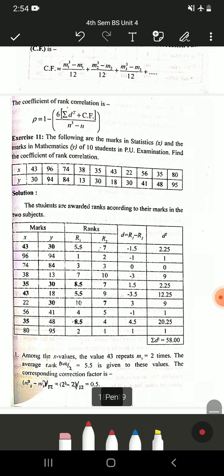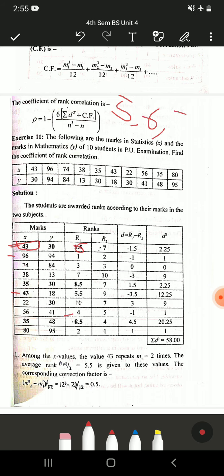So I'll repeat how to take the ranks. First, for the highest value, assign the first rank. Then for the next value, go on assigning ranks till you find out a certain value is repeated. Now you can see after 4th there is a repetition for 5th and 6th rank. So take the average of 5th and 6th rank, it would be 5.5. So for these two values, assign 5.5. Suppose there was additional repetition, so 43 was repeated 3 times, then this would be 6, because you have to take average of 5, 6 and 7. So you get it as 6.